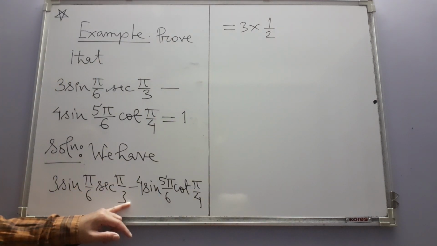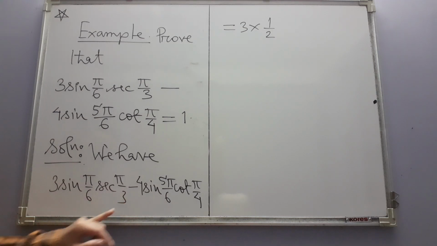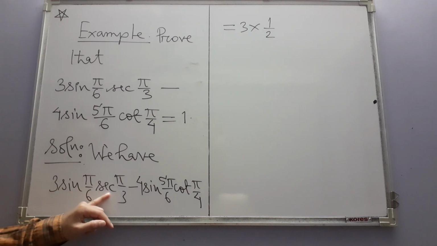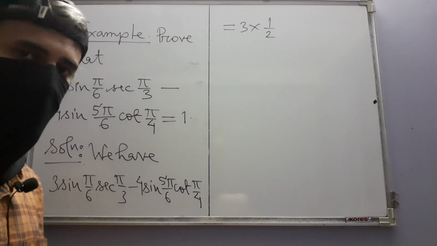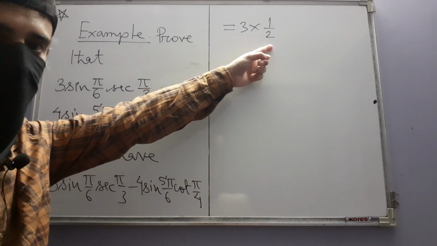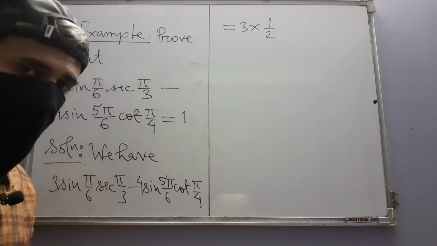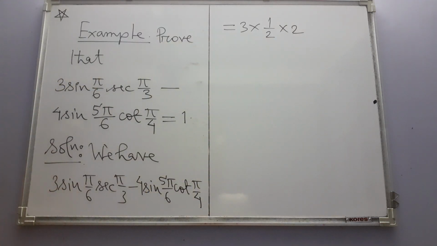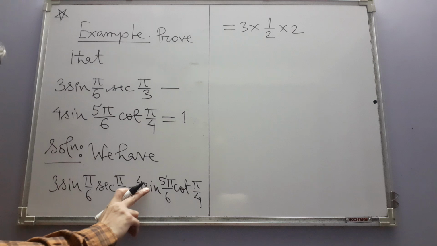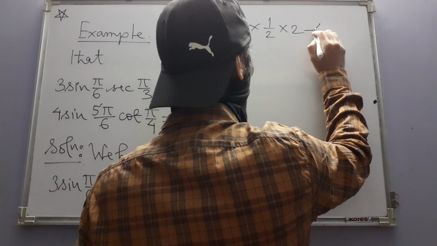What about the angle pi over 3 radian? That is equal to 60 degree. We can't think of secant immediately. Let's think in terms of cos. What is the value of cos 60 degree? Same, 1 over 2. But we do not have cos here. We have secant, which is the reciprocal of cos. And that's why we have 2 here. Minus, this has to be handled first of all. Minus 4 times